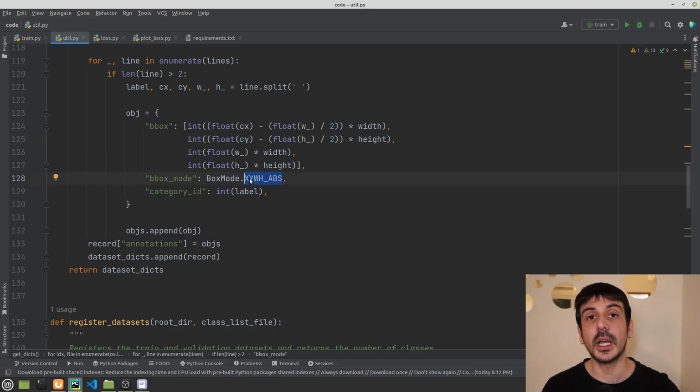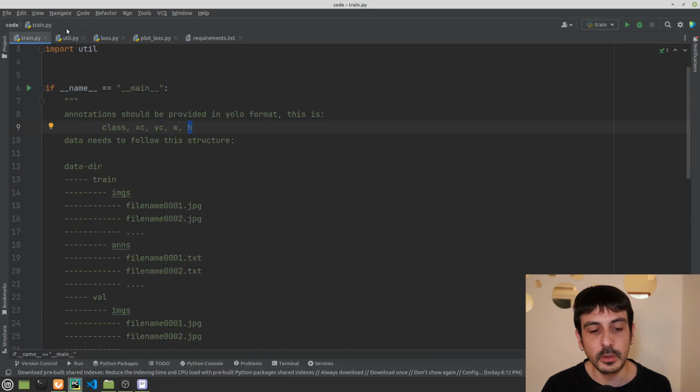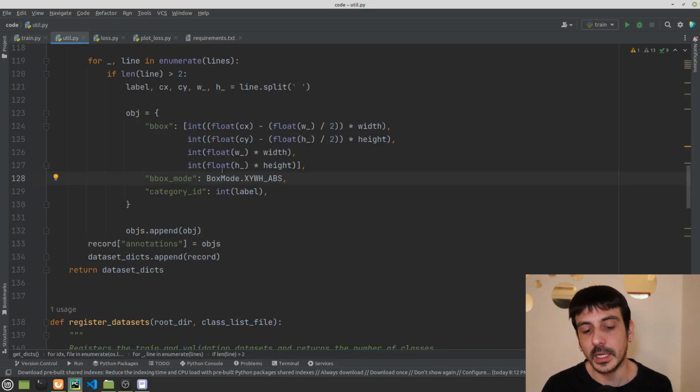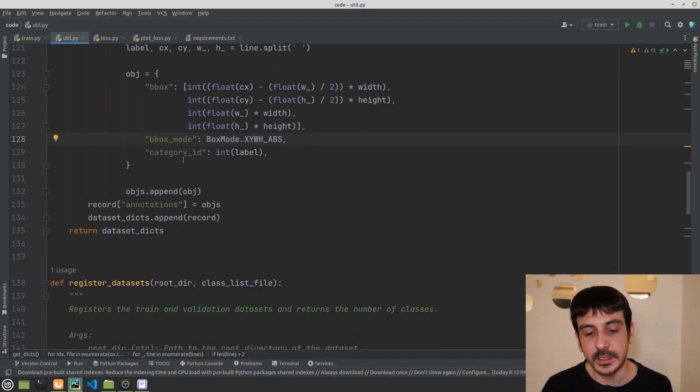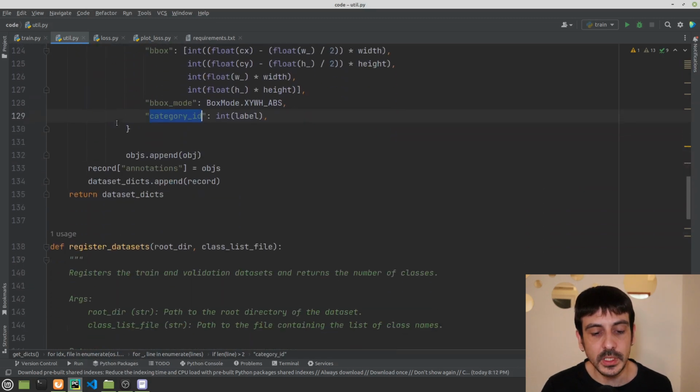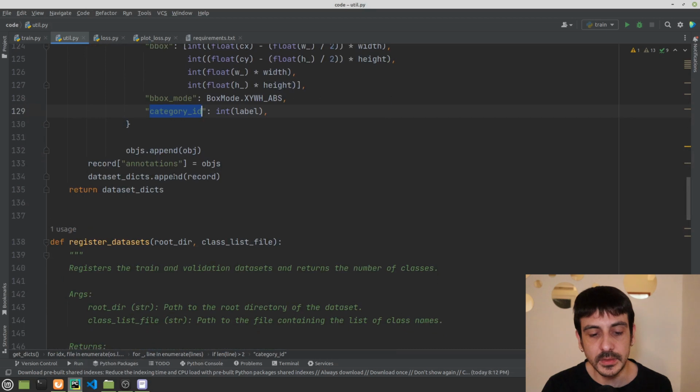XY means that it's the upper left corner, and then it's the width, and then it's the height of the bounding box, right? So that's what we are doing here. We are converting the annotation from this format into another format, and then it's just getting the class ID, and that's all. And at the end of this function we are returning this list.